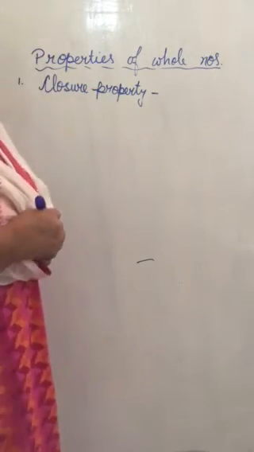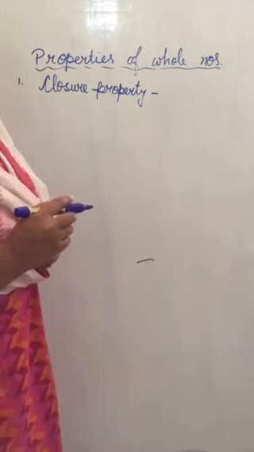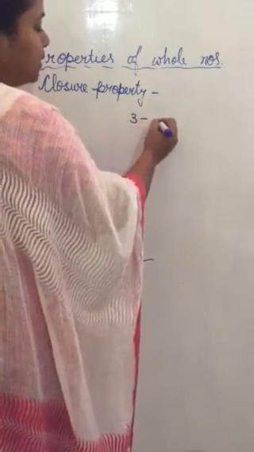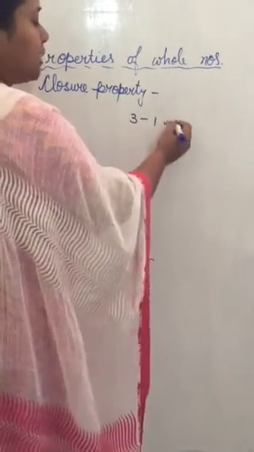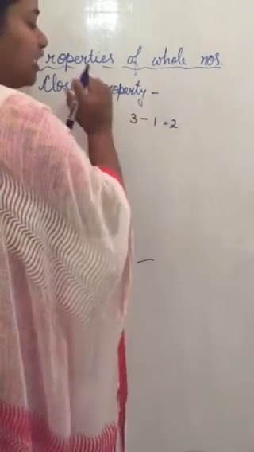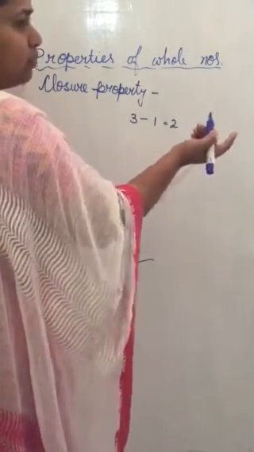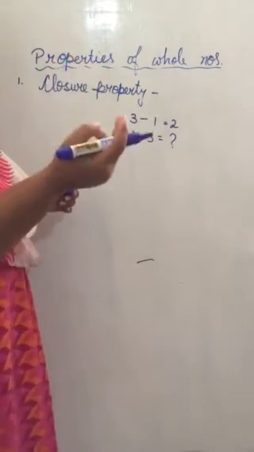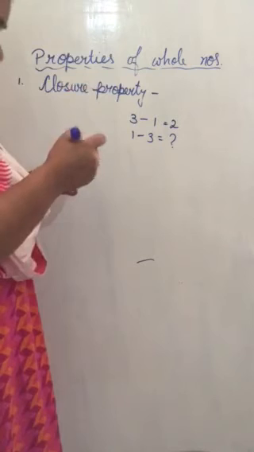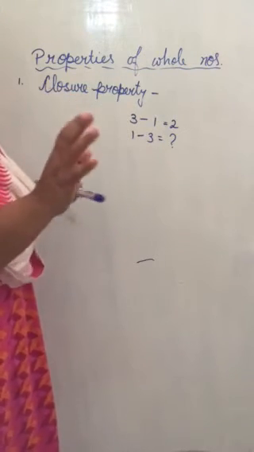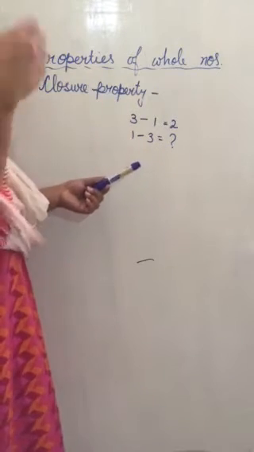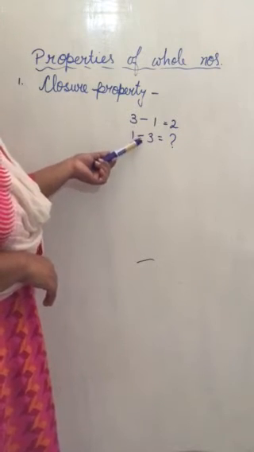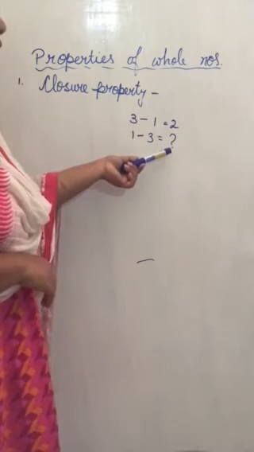Now let us take the case of subtraction. If we subtract two whole numbers, do we get a whole number? Suppose I take 3 minus 1. How much do you get? 3 minus 1 is 2. But if I change the order, because my question is just if I subtract two whole numbers, I can write it like this also: 1 minus 3. You have 1 toffee and you are giving away 3 toffees. Is it possible? Till now you don't know. You will know it in your second term. So this subtraction is not possible. That is, if we subtract two whole numbers, the answer may be a whole number or it may not be